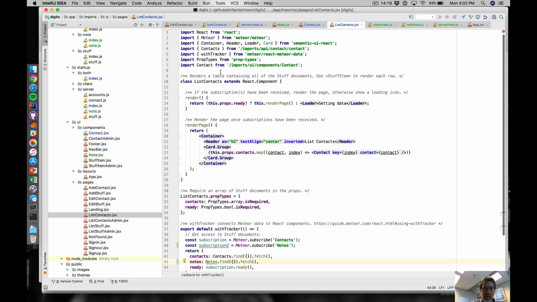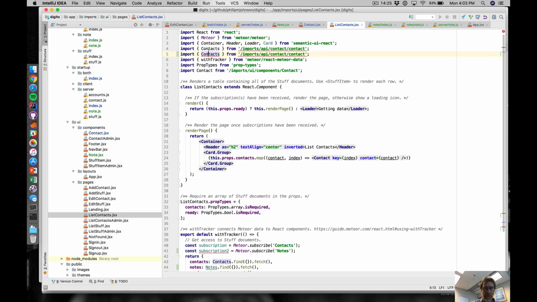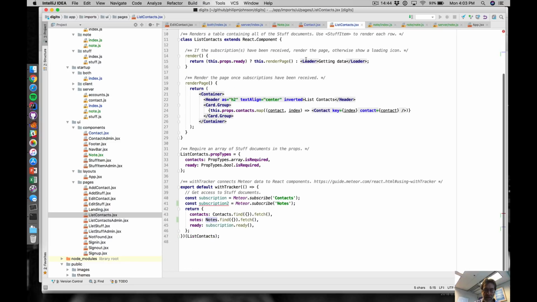Okay, and then we've got to get our notes. So we'll make a copy of, because notes is not defined. Well, notes is defined. So this basically says what is the notes? Well, the notes is of this collection in Mongo. Okay, so by importing it here, we have this pointer to a Mongo collection called notes, and then by subscribing